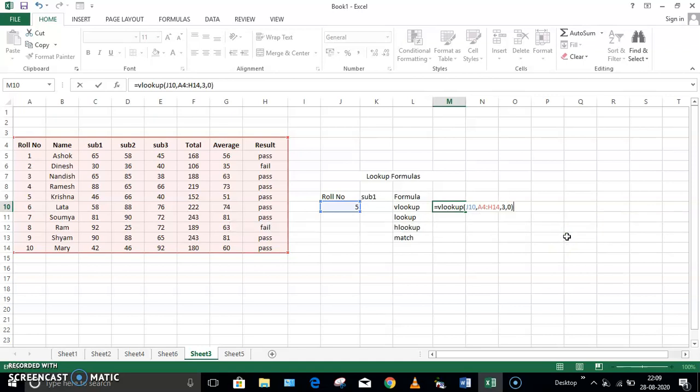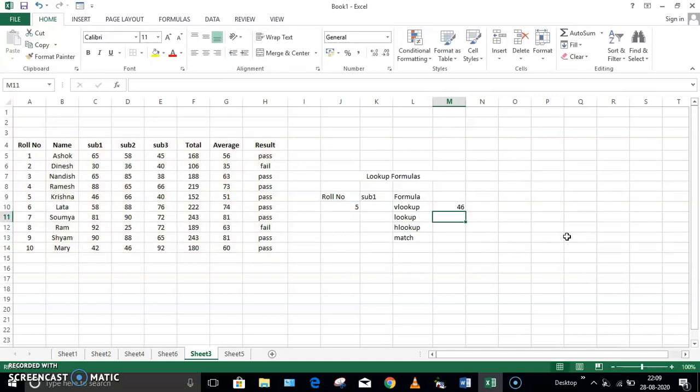After giving the value 0, close the bracket and press the enter key. Here you can see that the mark scored by roll number 5 in subject 1 is 46. You can cross check over here. Roll number 5, mark scored is 46. That means our VLOOKUP formula is working.